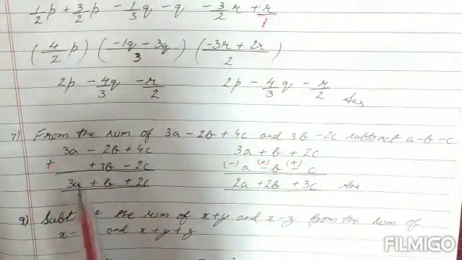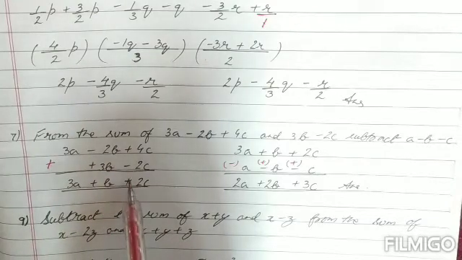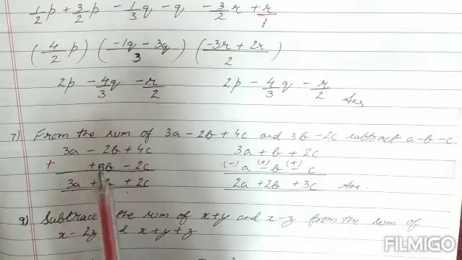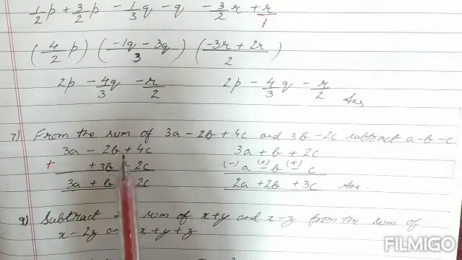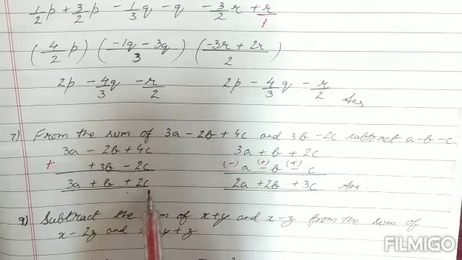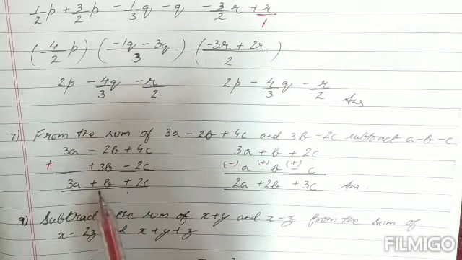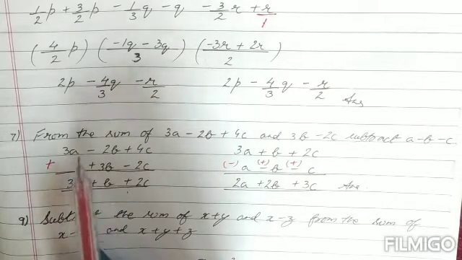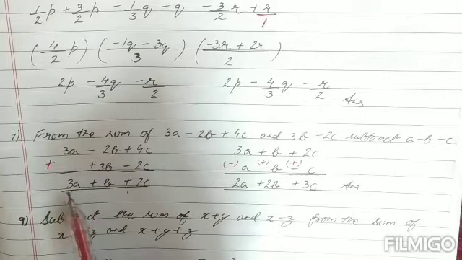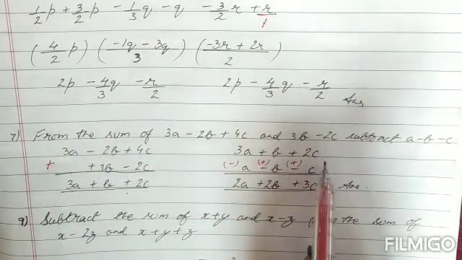Again, I have taken the column method, write the like terms below each other, the way I have written it over here, children, and then according to the integers solve it. So a plus and a minus is minus, there you get 2c, with the sign of the bigger value. Again, a plus and a minus is minus, with the sign of the bigger value. We don't write 1b, children, it is understood. And this is exactly the same. So 3a plus b plus 2c, I have written it again over here.